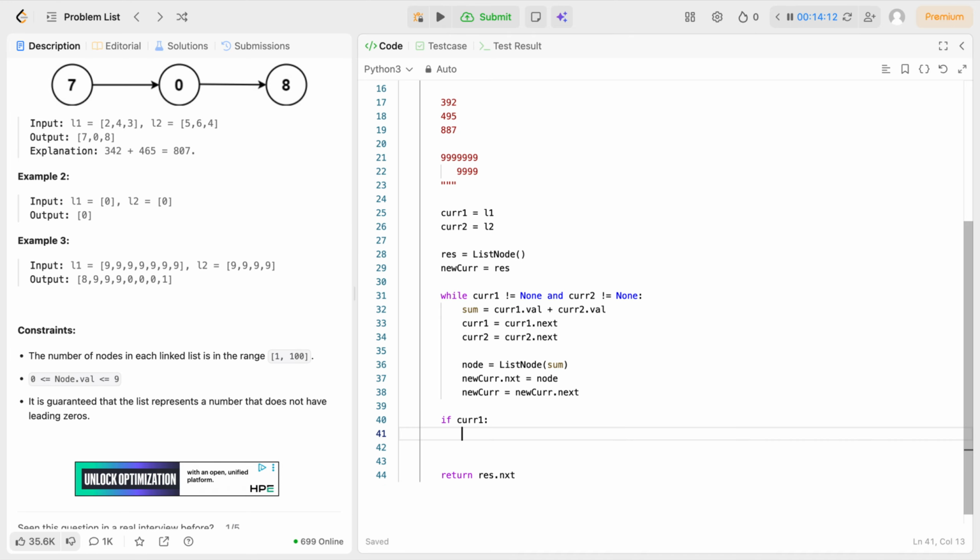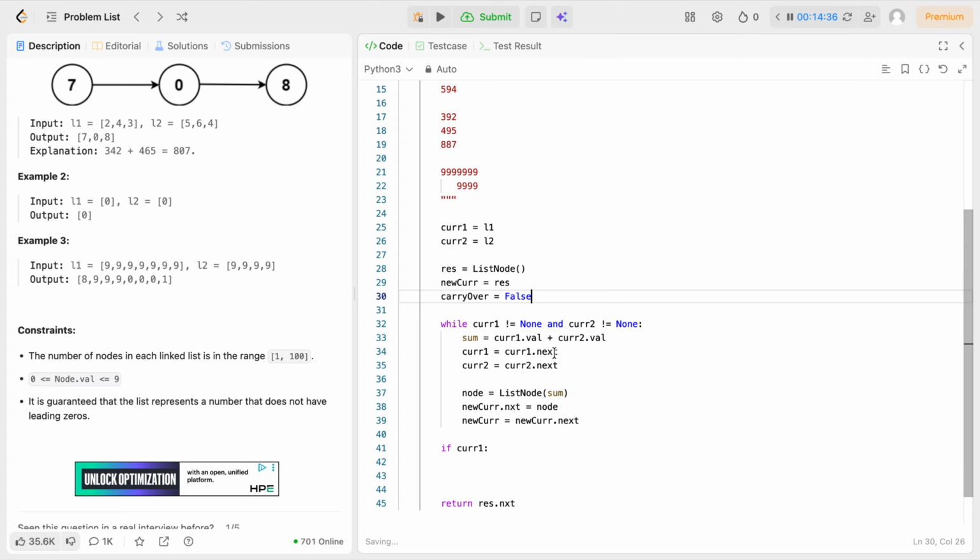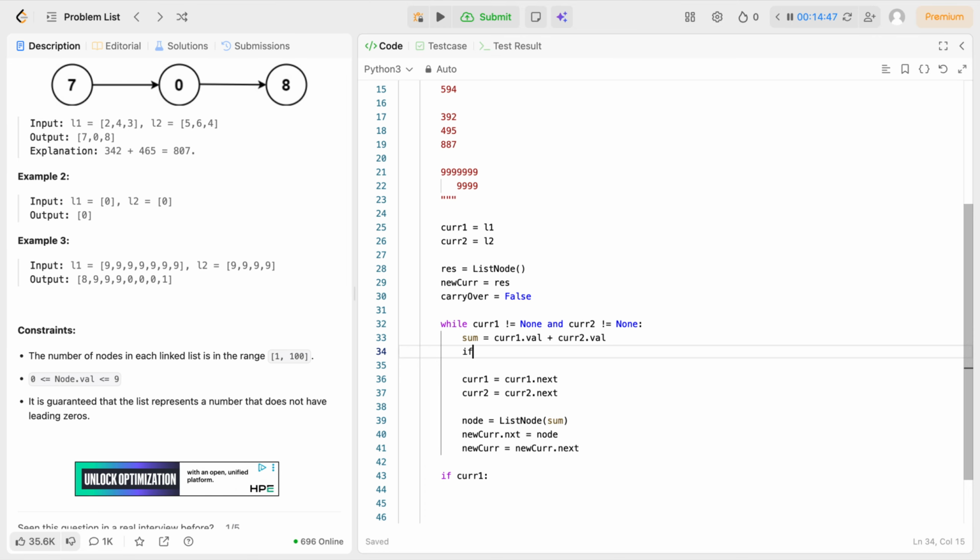Okay, and then if cur1, then we'd want... oh wait, hold on, I have to deal with the carryover. Carryover is equal to false. And then the sum. If sum is greater than 10,